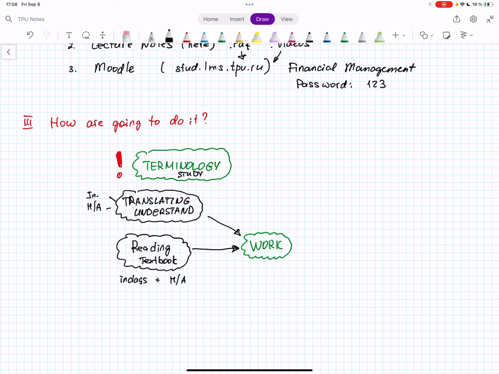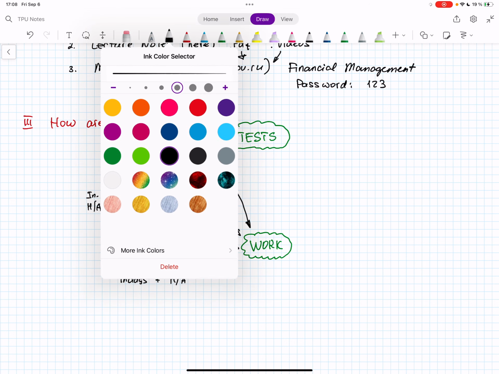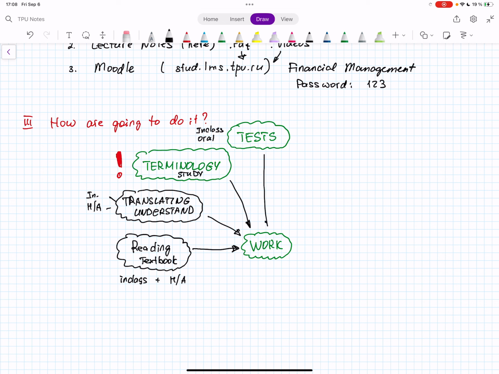And of course, to make sure that you've done it well, we will sometimes do tests, which will be in class. There will be oral tests, where I will pay individual attention to all of the students in the class, and I will ask them their professional terminology.